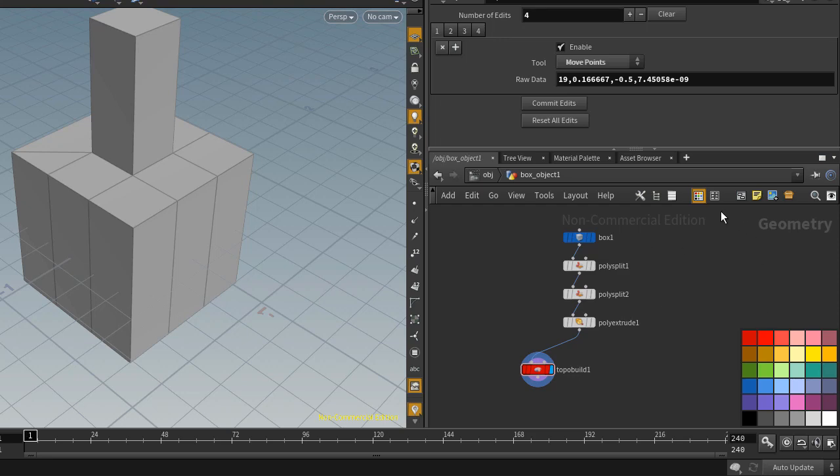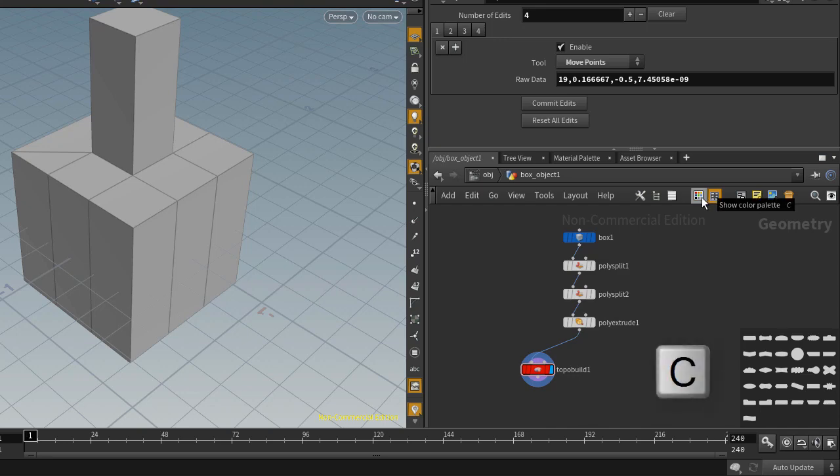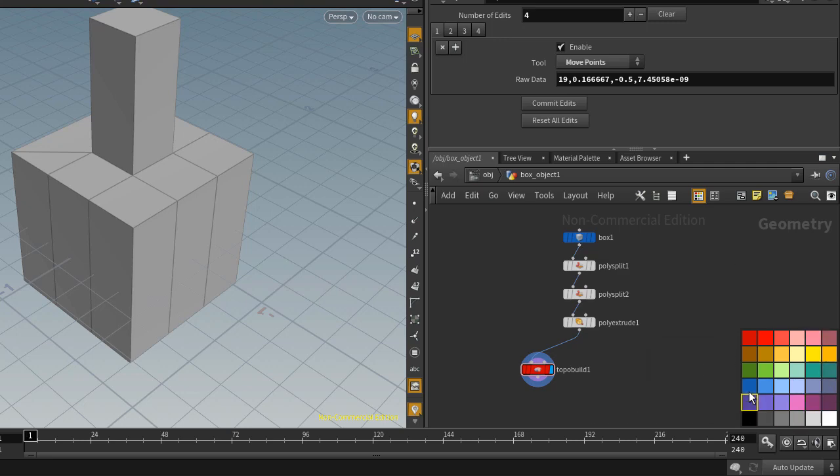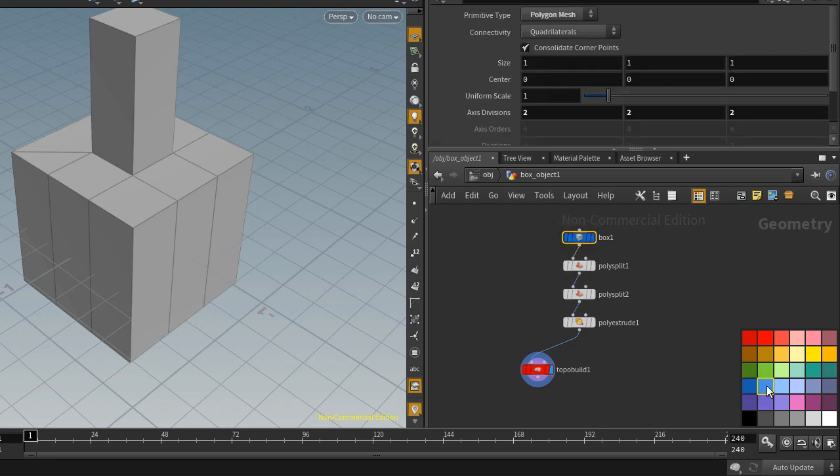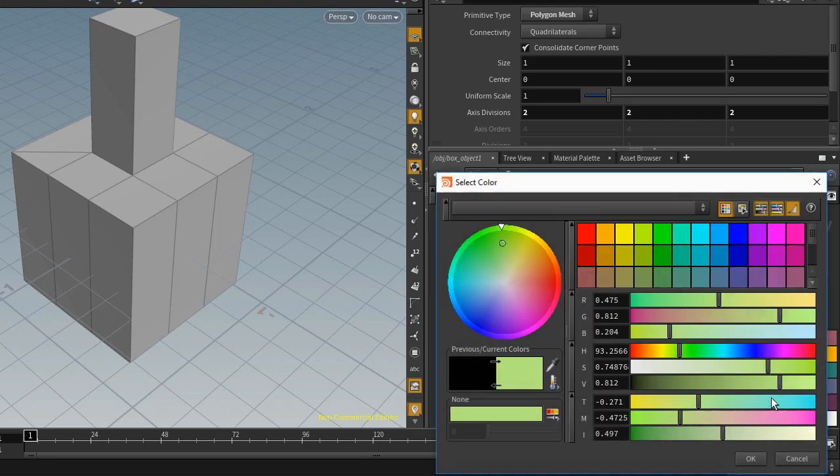And you can also change the shape of nodes. So that would be here. And the shortcut for this is C. So C for the color palette. Okay, that will bring up this color palette. You select the node, left click on it, and then select the color by simply clicking on the color you want. You can also right click and add color, edit color, and all of that. So edit color,